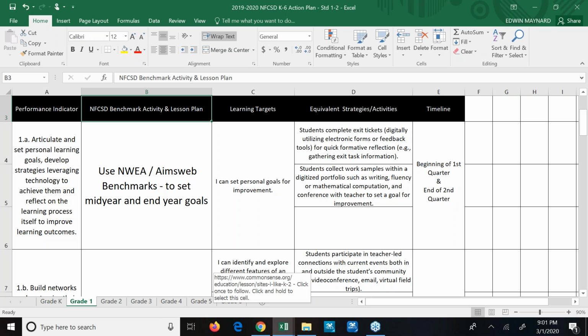But I think it's a very, very useful tool. I think it's a very easy tool, and a nice tool to get everybody to start transferring over to releasing some of that control, instead of the teacher in the center of the room directing all the instruction at the kids. Now the kids are engaging more, and there's more of a back and forth, and you're getting the kids using the computers a lot more and more one-to-one.